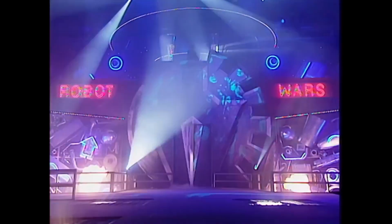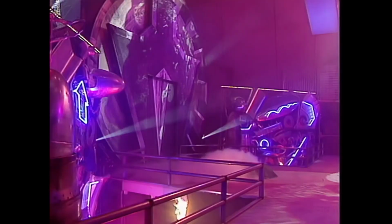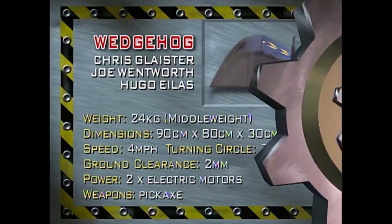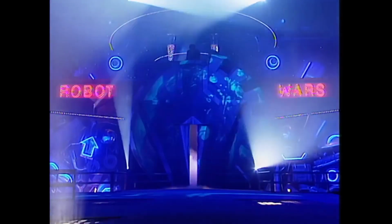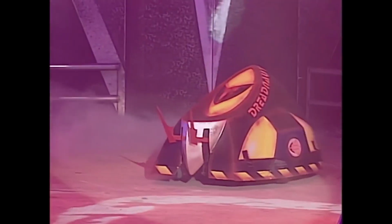From London, Wedgehog. Featuring a deadly pickaxe, this middleweight entry clocks a top speed of 4 miles an hour. Wedgehog runs off two 9.6 volt domestic electric drills and weighs in with a power pack 24 kilograms. From Nuneaton, Dreadnought. Finally, the fiberglass protected Dreadnought runs off a 12 volt starter motor salvaged from a Morris Marina